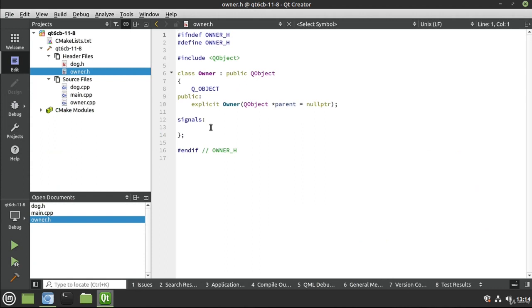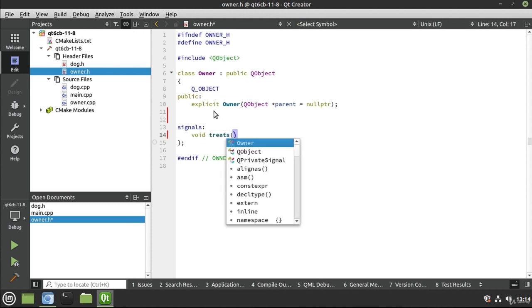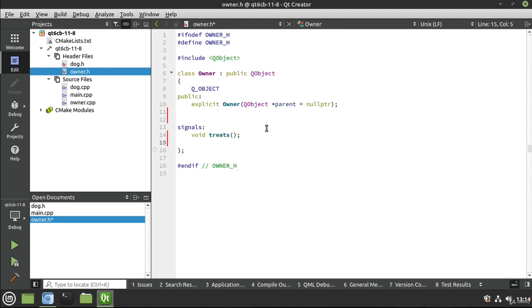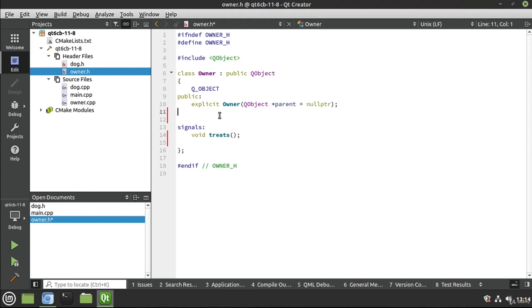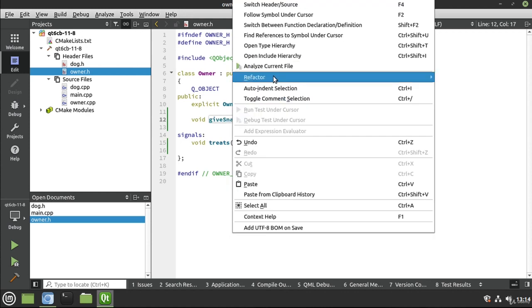So let's go into our owner, and let's say we want a slot. Actually, let's do signal. So I'm going to say void treats. You ever have a treat for a dog, and boy, they get all kinds of wound up. Now I'm going to make a function, and let's say, I don't know what to call this. Give snacks. And in here, we're just going to